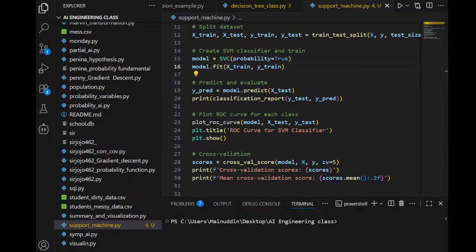Then keep going down from line 18 to 20. So line 19 to 20, there we're using the train model to predict labels for the test data. This is the test data here. And then the classification report prints a summary